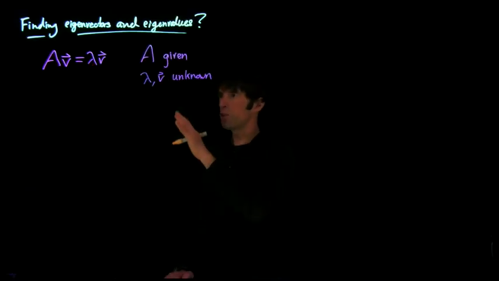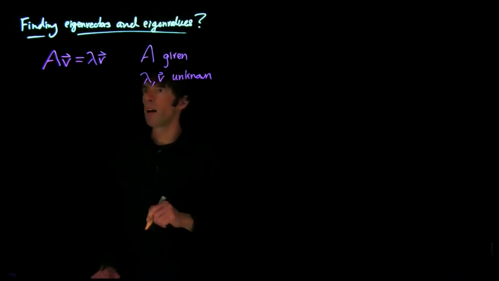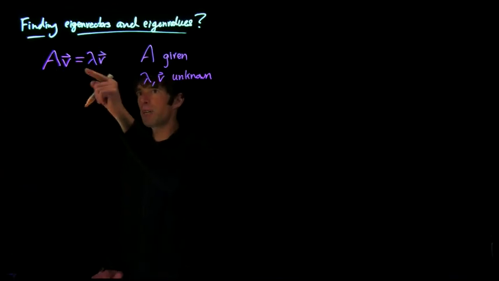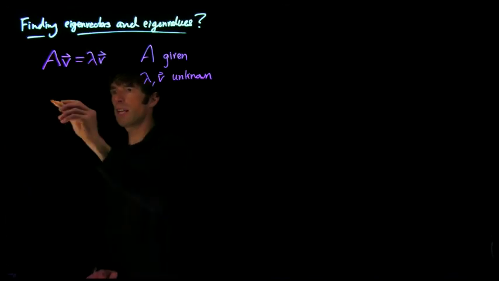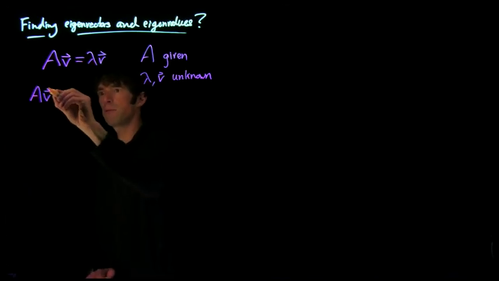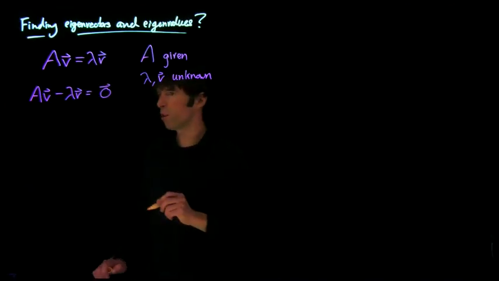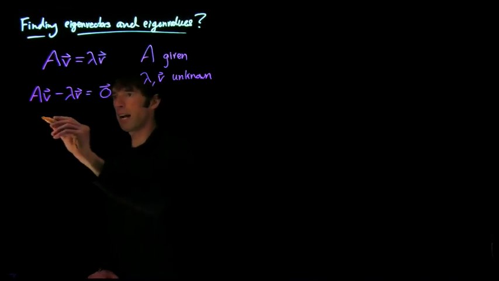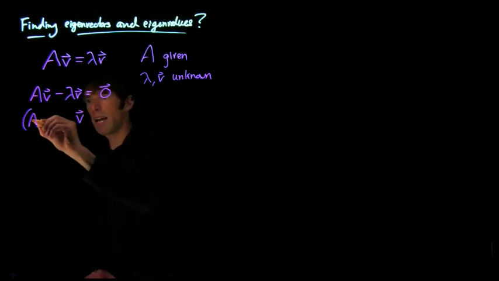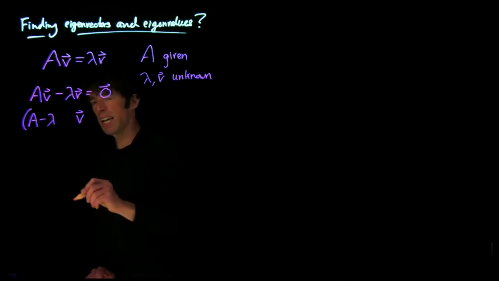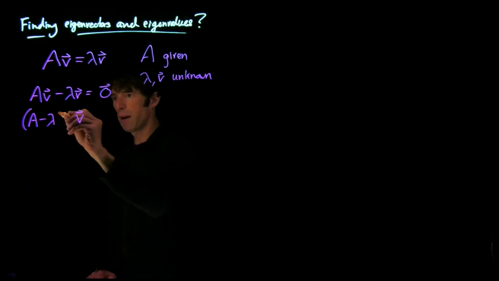So we're given a matrix, and that's all we have here. We need to find a scalar, and we need to find a vector. If we had a lambda and a v that solved this equation, then I could move this right-hand side vector over to the left-hand side and write Av minus lambda v is equal to the 0 vector. And now I can do a little bit of factorization here. I can rewrite this as A minus, now I can't subtract a scalar from a matrix,